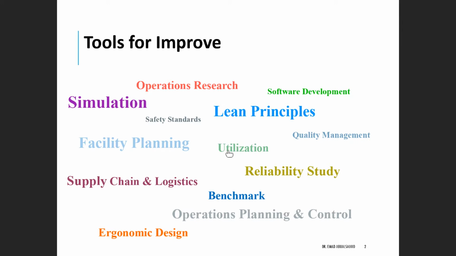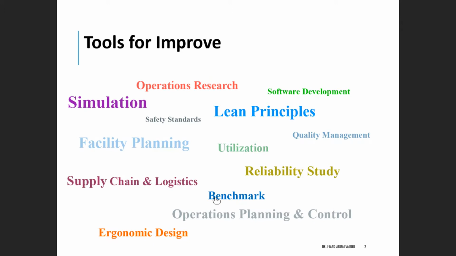Utilization of your resources, facility planning. This is all discussed in a whole separate course on facility planning or facility layout, where you utilize the space and the work floor in a way that gives the best environment for your staff working. Supply chain, operations planning and control, where you can implement forecasting, so your improvement would be projected and calculated. Benchmarking, where you can compare yourself with the best practice and implement the best practice in the improve phase